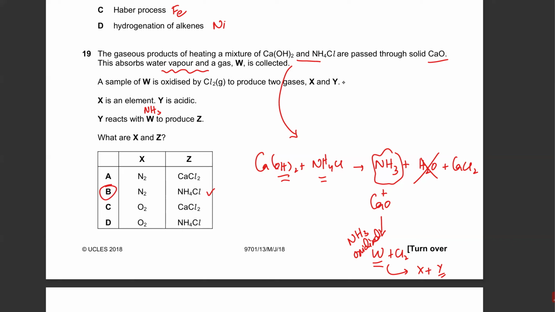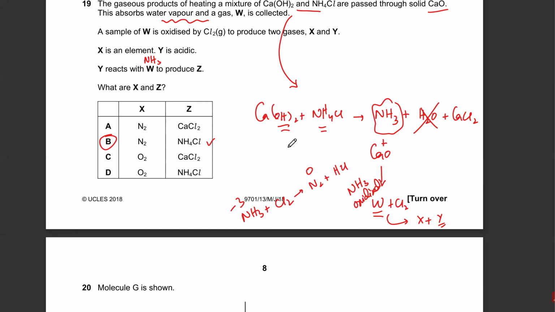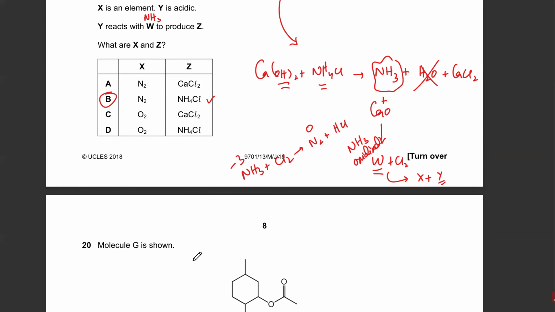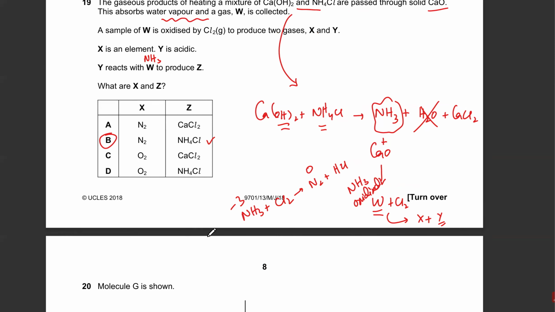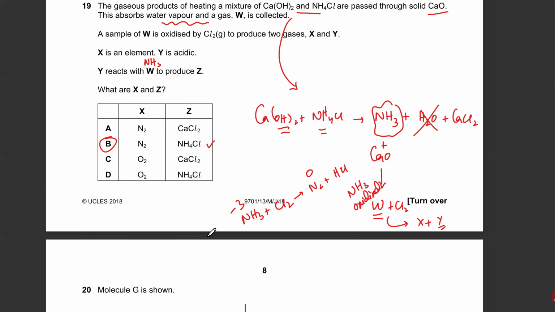Because over here, what happened was that the ammonia reacted with Cl2, and he said that W was oxidized. So I guess N2 and HCl will get produced. N is -3 and N is 0 now, right? So that's the only possibility. You don't see O2 or calcium chloride forming anywhere. Calcium was never anywhere anyway. So I think we can complete the rest of the paper